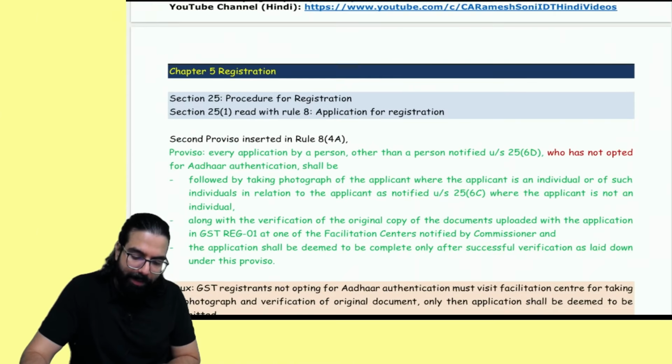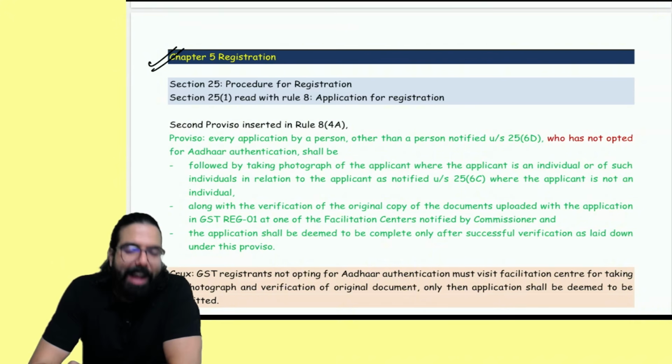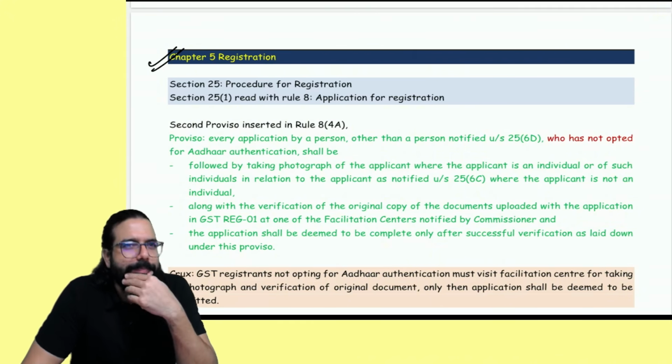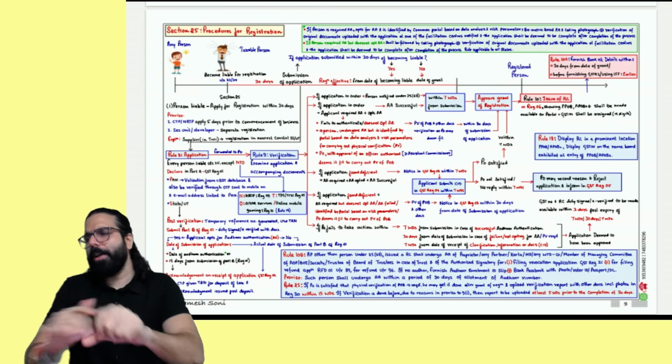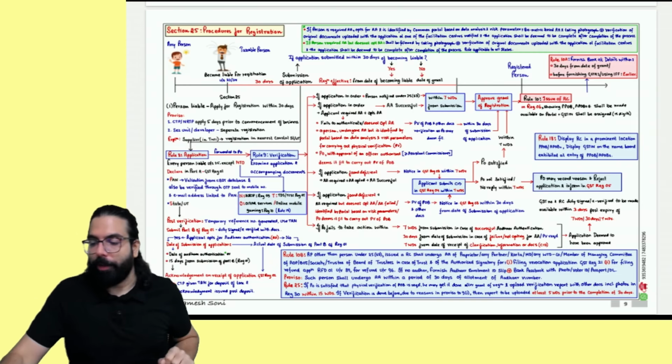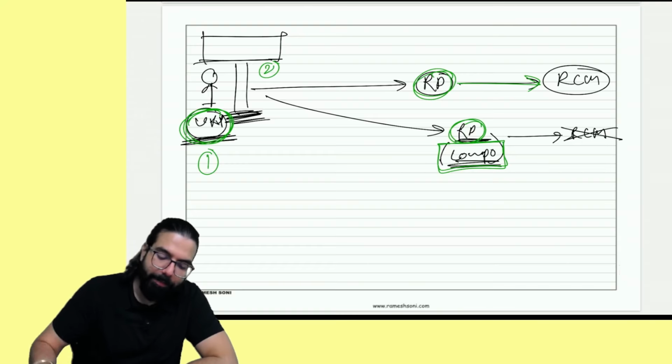The next one is in the chapter of registration, everyone. Please come to registration. When you are applying, everyone please tell me, are we all 100% clear till here? ठीक है, चलो, I'll go ahead and tell you now about the next chapter. The next chapter is registration. Everyone tell me one thing.